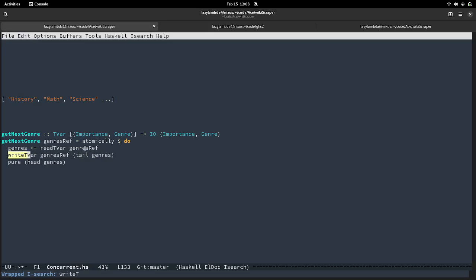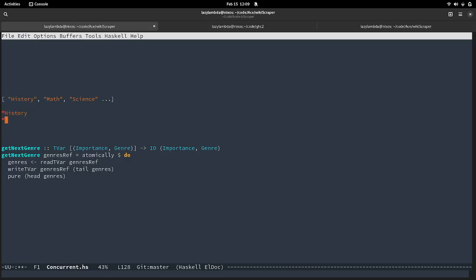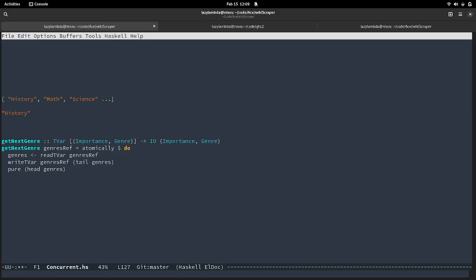So this is going to read in the entire TVar, the list in the TVar, and then it's going to write the tail. In this case, it would take history and separate it out from the rest, and then the tail would be math and science.